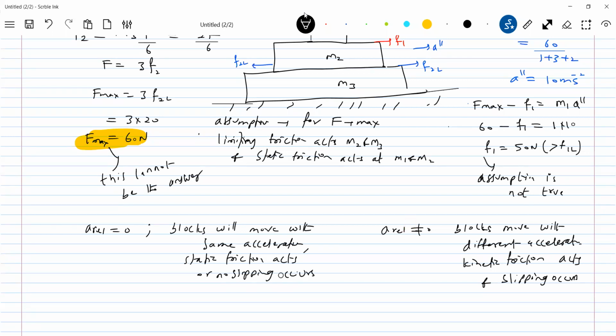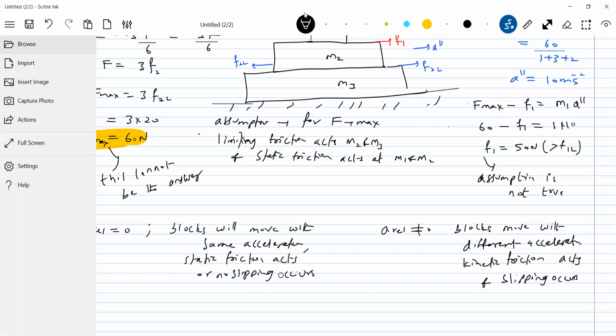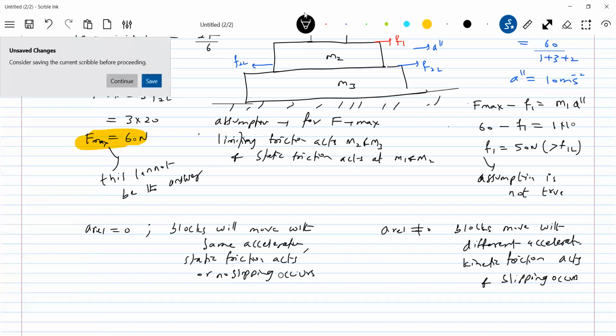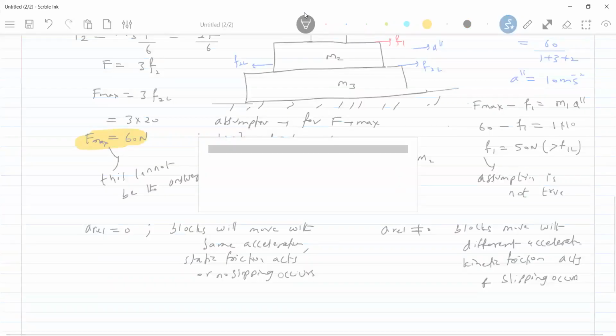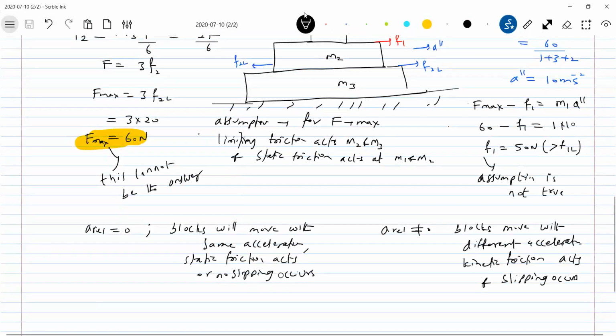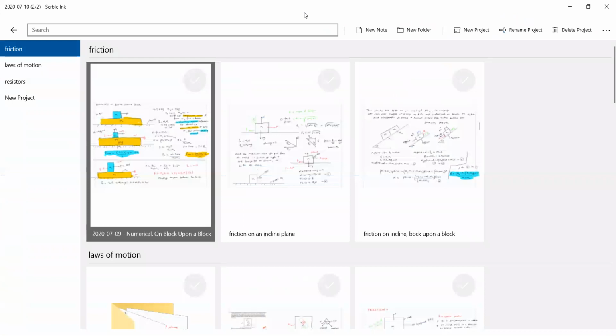Sir, if static friction exists between M1 and M2, then it should balance that force F1, right? I don't know. Yesterday we have discussed so many things. Yesterday you were absent or present? Present. Then yesterday's discussion, I'll take it for you. You are supposed to revise yesterday's things, no? Without revising that, coming to the class. Okay, look at this.